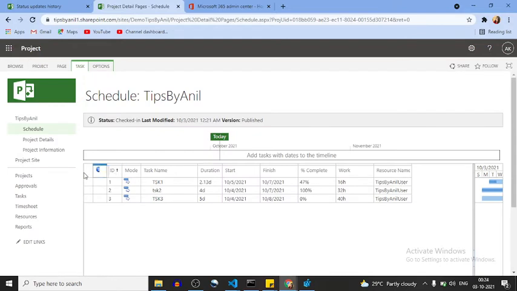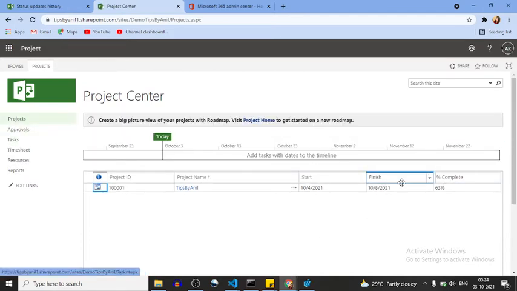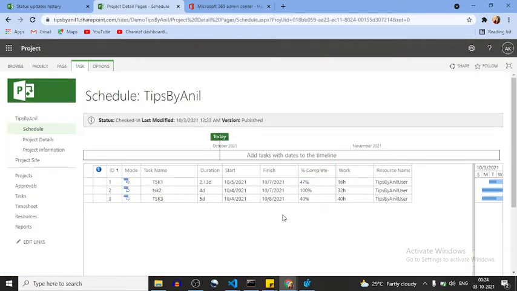And hopefully our project status is also going to change. Let me check. This is 47 and 100. Click on projects. This is now 63. Okay, before that it was 45%, and if you see, this changes 47, 100 and 40%. Okay everyone, so we have learned the timesheet configuration, how we can configure the timesheet, how a user can submit the timesheet, and how a timesheet manager can approve the timesheet, or send a status update in the project scheduling.